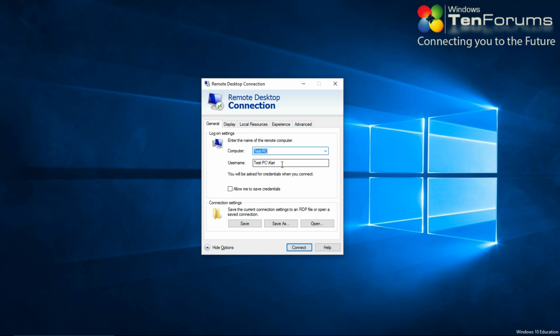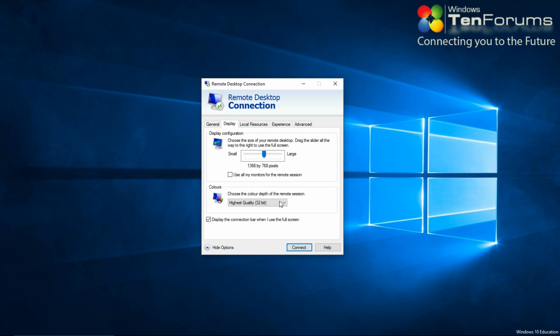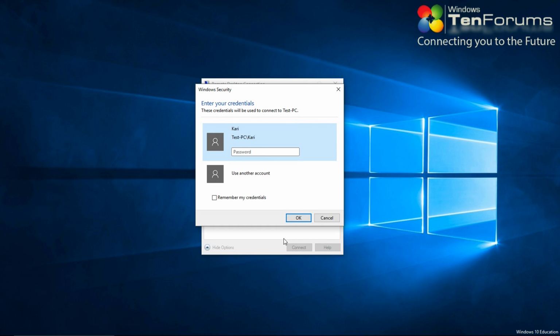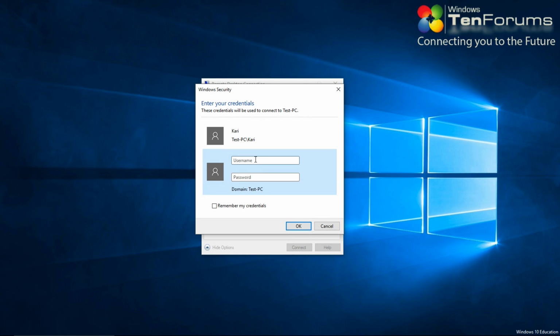Trying to connect to that computer with username Larry Laffer will fail because although it is a valid username for that computer, it is not a valid user profile name.